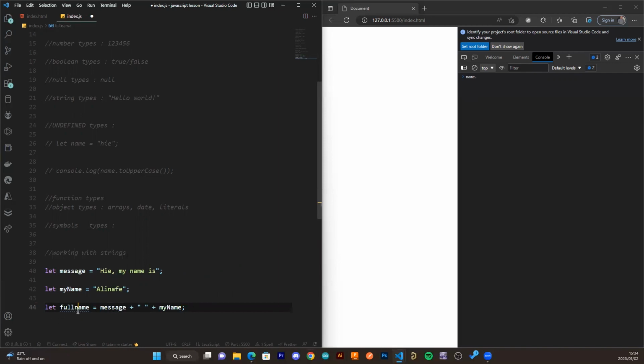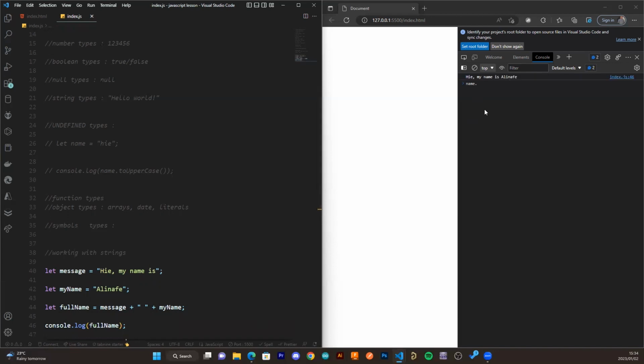Once you do this, I need to put camel casing. What you have done is to concatenate two variables at once and put them in the variable called fullName. So in order to see the result, I will just console.log fullName and press save,